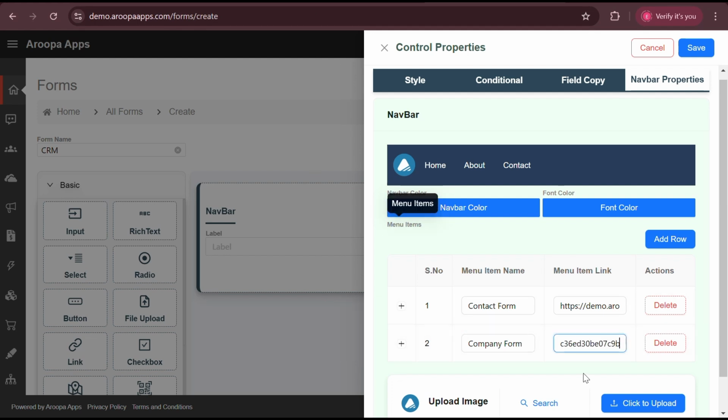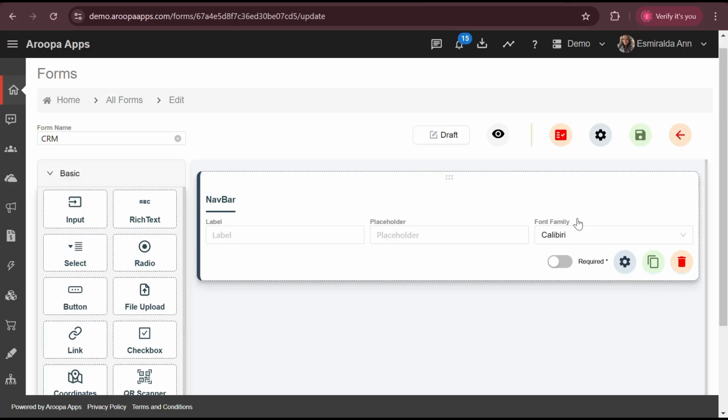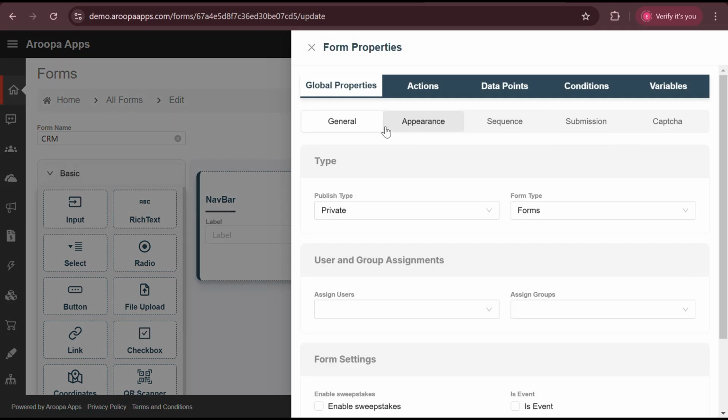Once all the required forms are included, scroll to the top and click Save to finalize the master form. To save your form, scroll to the top and change the status from draft to active. Adjust final settings as needed. Private restricts access to users other than the users in the tenant. Public allows anyone to access it, and embed enables addition to any HTML page. For this example, I will select public.